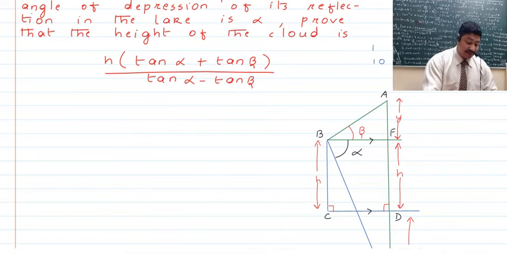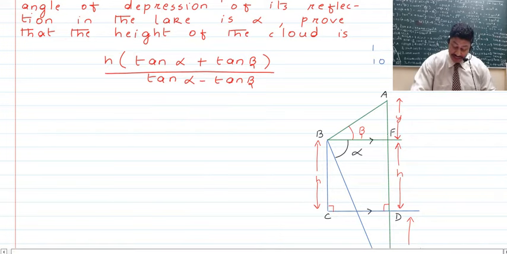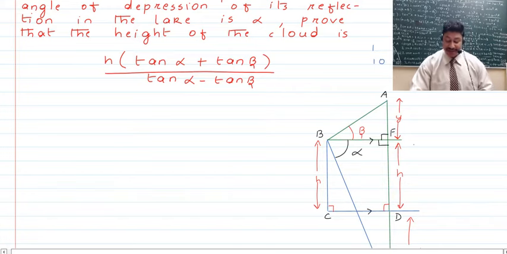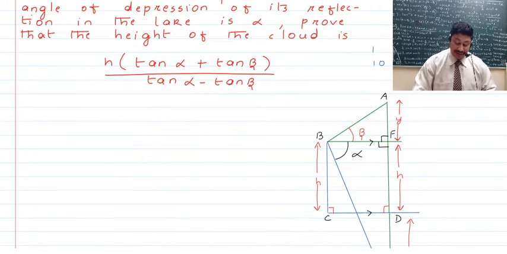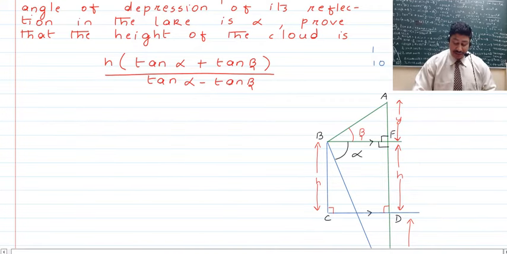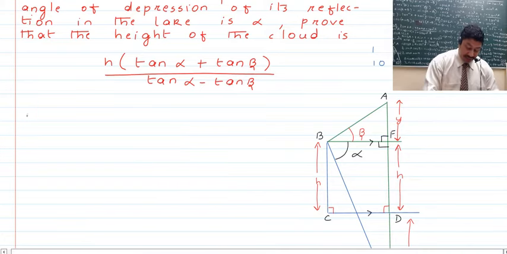Now remember, children, here we have this angle which is AFB to be 90, and similarly we have this angle in triangle BFE to be 90. So first triangle, first we'll be talking about the triangle ABF, right? So now we say in triangle